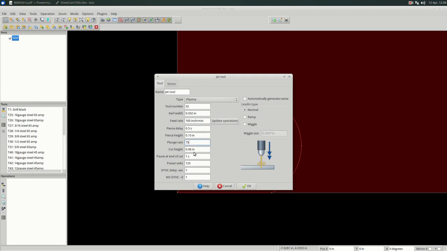Cut height is 60 thousandths, which we have. Pause at the end of the cut. I recommend having at least 1/2 second. The longer the pause, it doesn't hurt anything, it just wastes time. But I do like to force it to have a pause at the end of the cut because things can